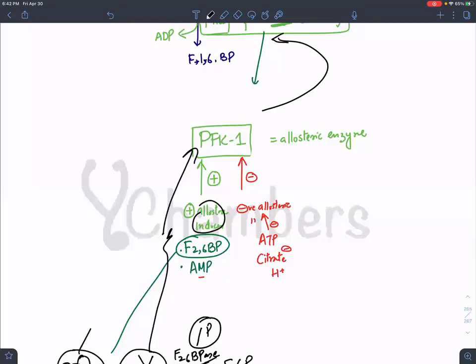Oh sir, fructose 2,6 bisphosphate is getting destroyed. It was a positive regulator for PFK-1, but I am having less amount now. No positive regulator. What will happen? Less glycolysis. And this phosphatase is consuming fructose 2,6 bisphosphate at a high level. Finally, the decreased fructose 2,6 bisphosphate level in the cytosol will lead to a decrease in glycolysis. Glycolysis will stop. By the way, there is an interesting thing about this enzyme.